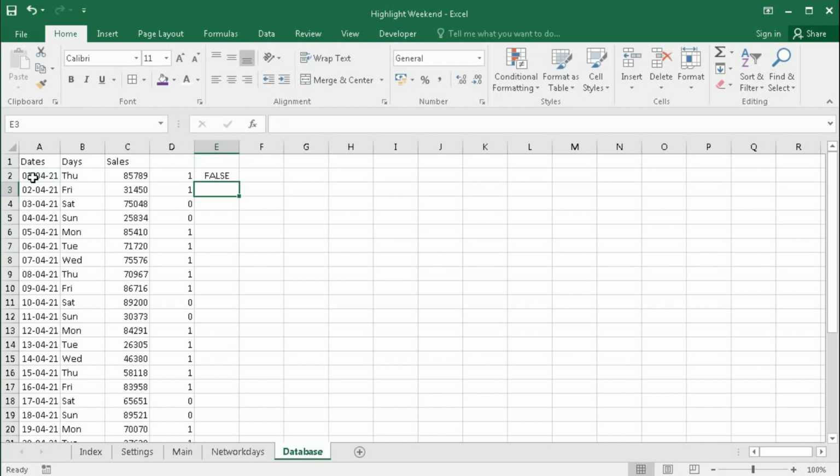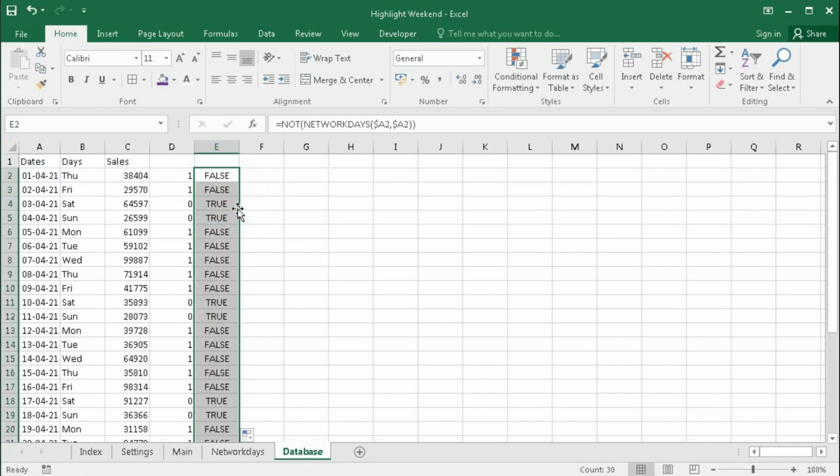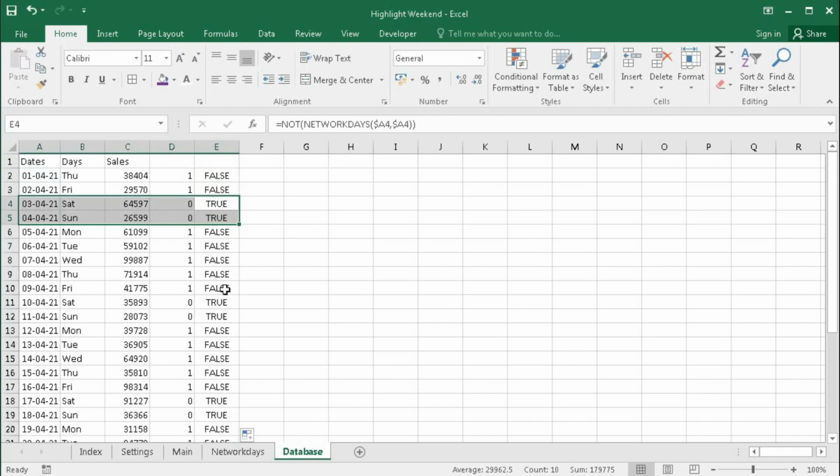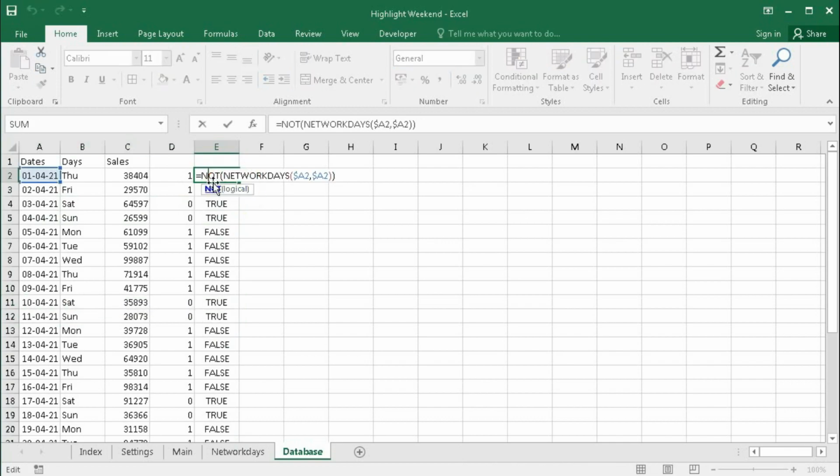So NOT returns true for false and false for true. 1 is true and 0 is false, so it flips them. Now here we can see that all the weekend days are true and weekdays are false. So this formula can be used to highlight the dates which fall on a weekend.